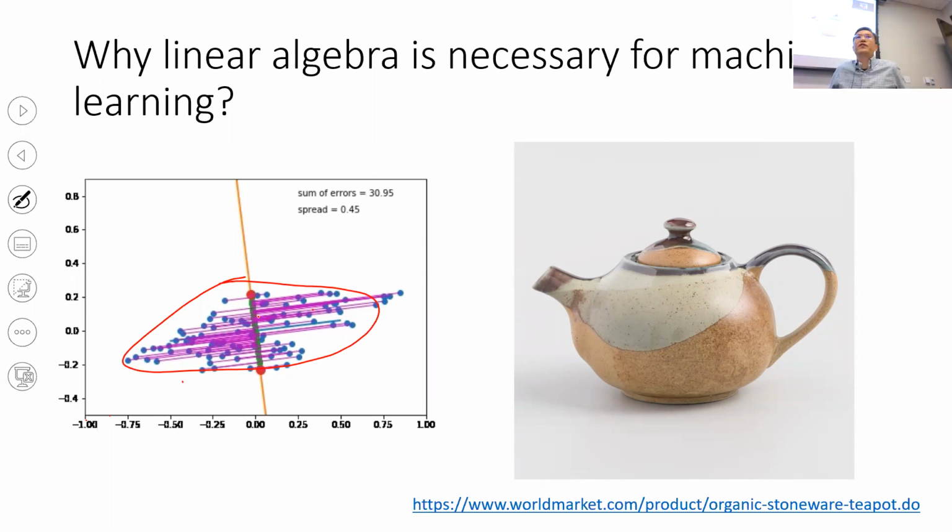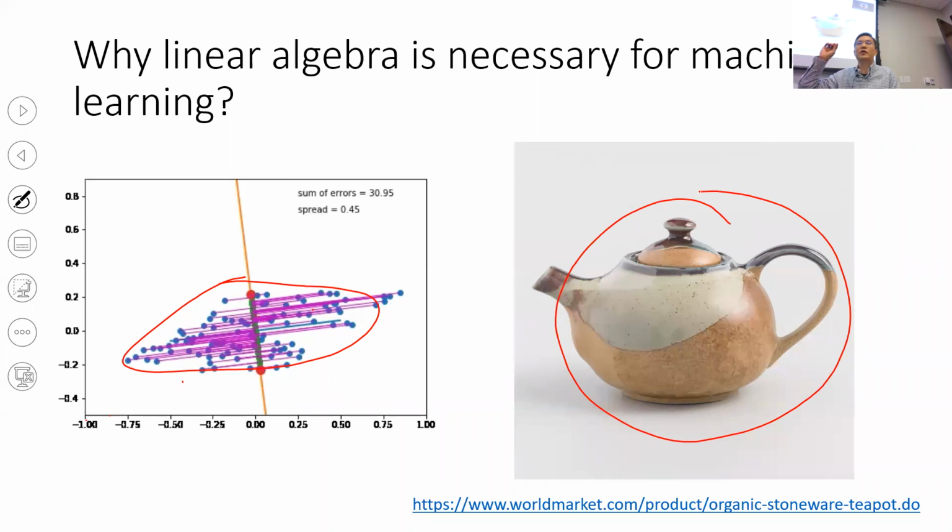Why is it important? This is a hypothetical example. If I have a website like Amazon.com, but it's very special, it only allows you to upload one picture of your product. Say I'm going to sell my teapot like this. I only am allowed to give one picture of this teapot. So I have to select the correct angle, the best angle I can show the buyers, to tell what this teapot